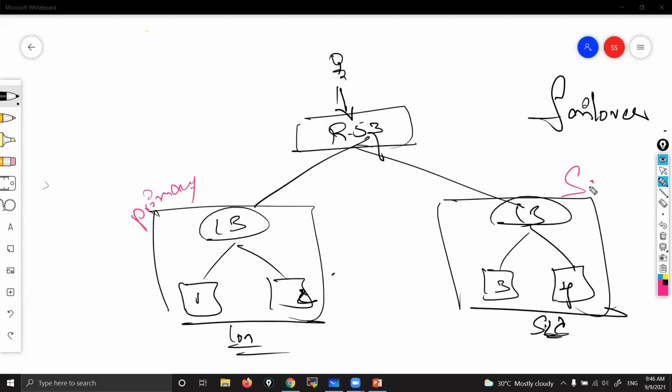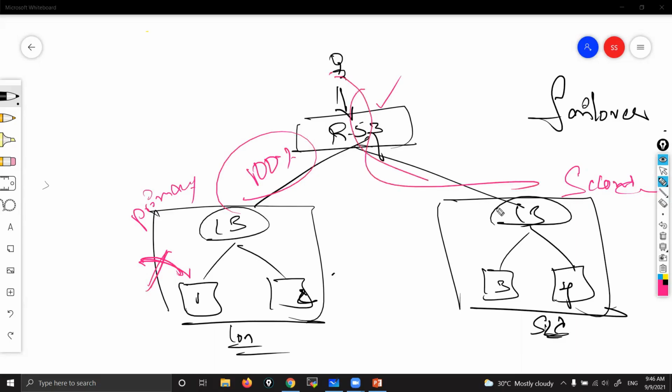This one I would like to have as secondary. Main and standby, kind of. So I want Route 53 to send 100% traffic to primary only. Because of any reason, if I lose my region, then Route 53 should redirect the traffic to the standby region automatically. Failover.